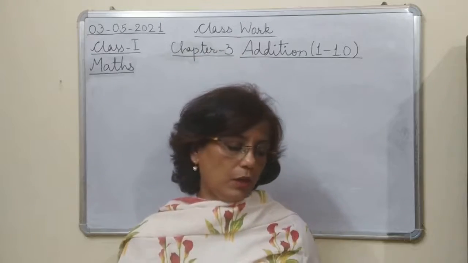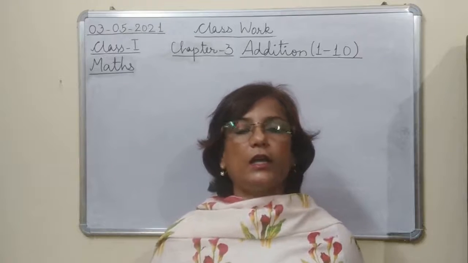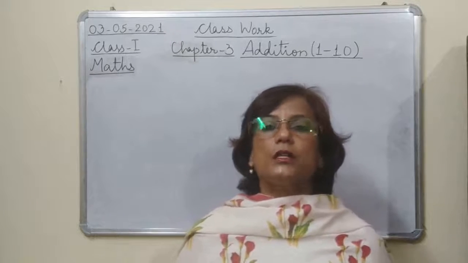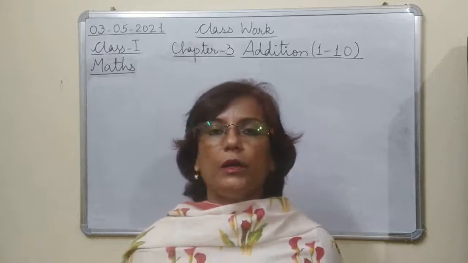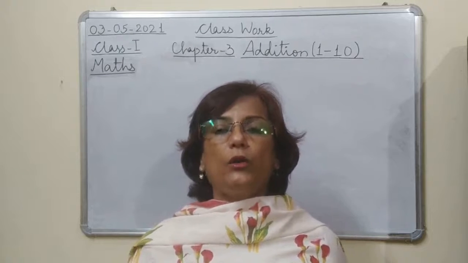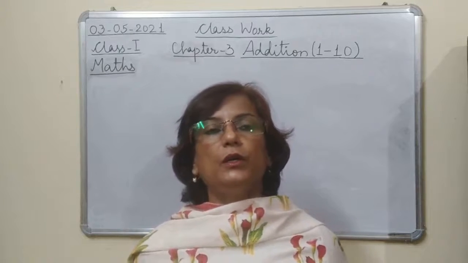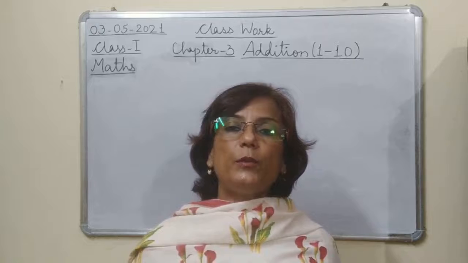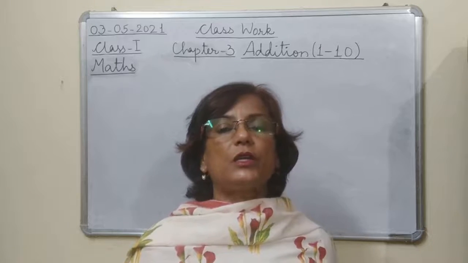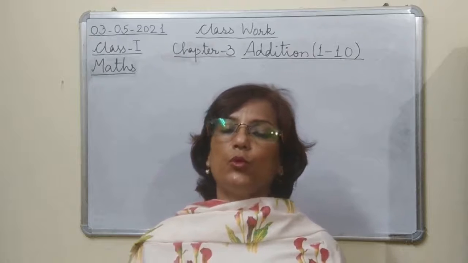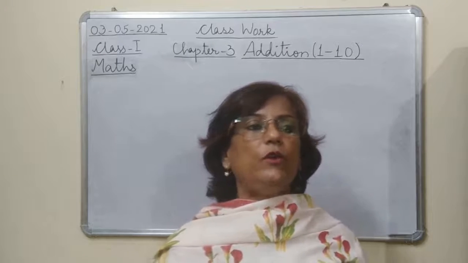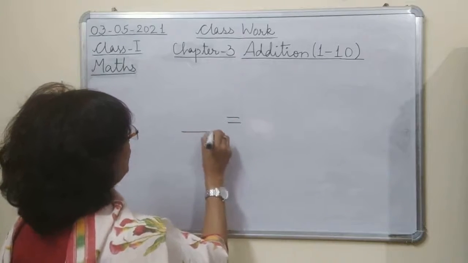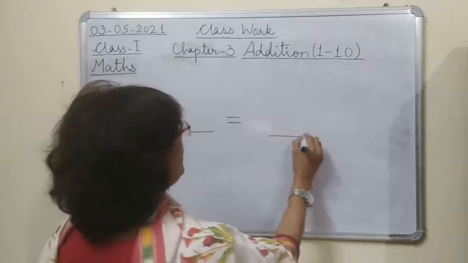So in the previous class, I explained to you about the symbol is equal to. ठीक है? Is equal to का मतलब होता है बराबर. So when we add two numbers, we get a third number. So we place the symbol is equal to in between. इसका मतलब ये है कि the sum of these two numbers is equal to this. मतलब दोनों बराबर हैं. So when we place is equal to, on this side we have something and on this side we have something.